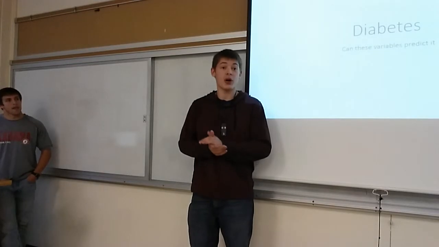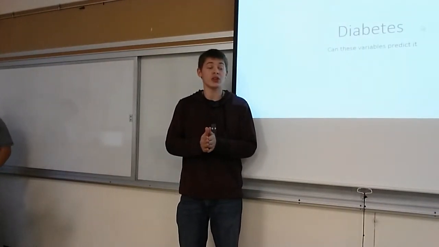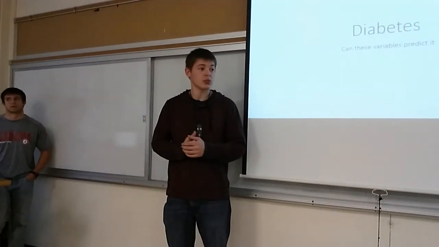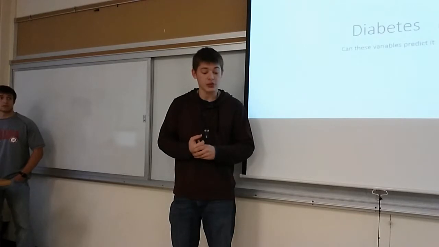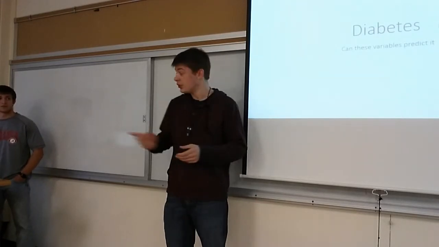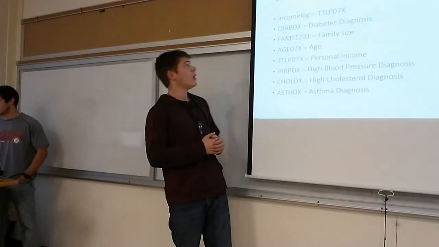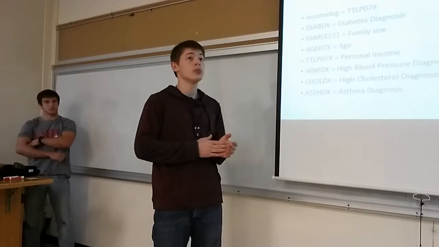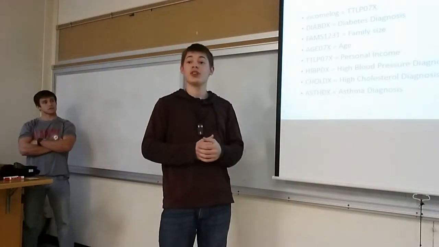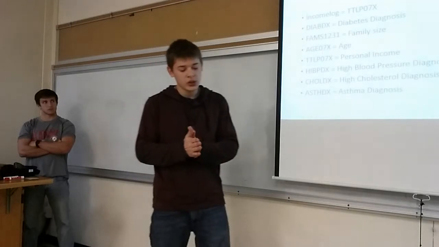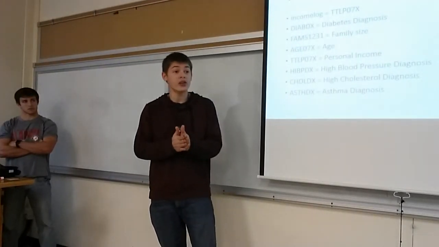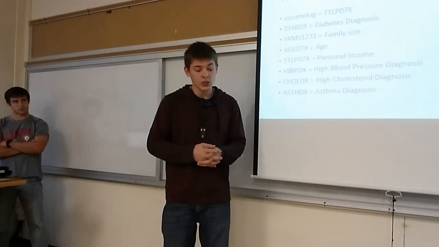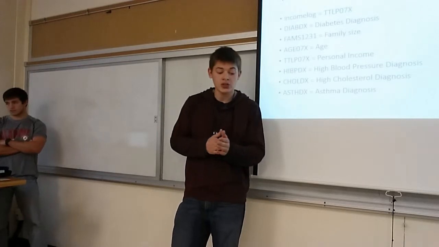We did eventually come up with a model that we felt would work and give us something to use to show some interesting data analysis for this presentation. So here are the different variables we came up with. Diabetes is our dependent variable, as you can tell from the very first slide there. After that, we used personal income, which the numbers were way too big to use on their own, so we had to take the log transformation of that variable. Other than that, we used family size, age,